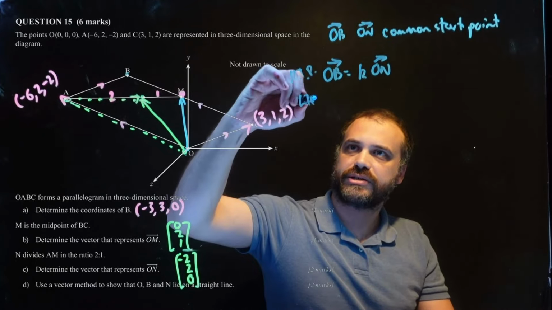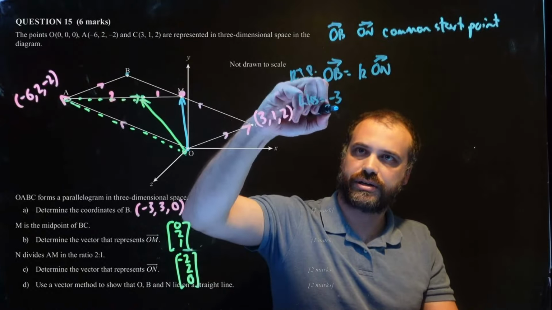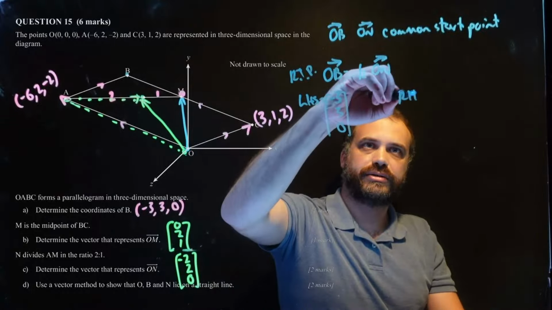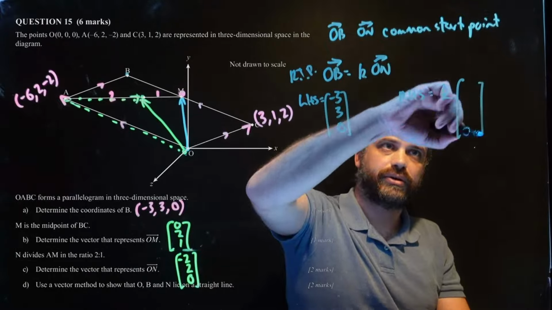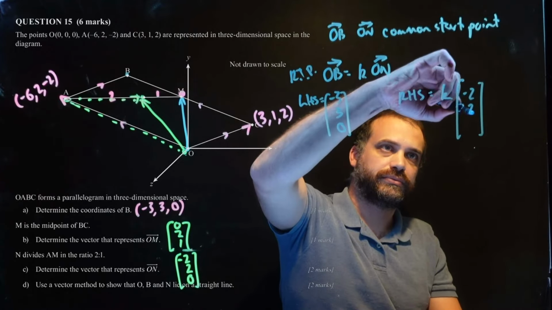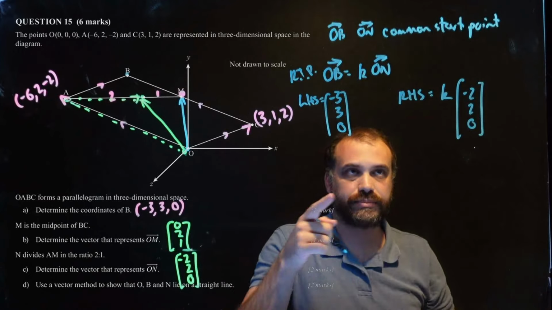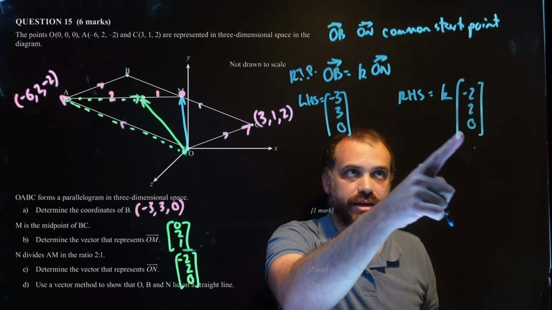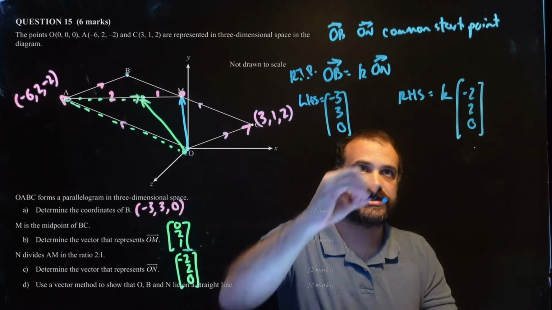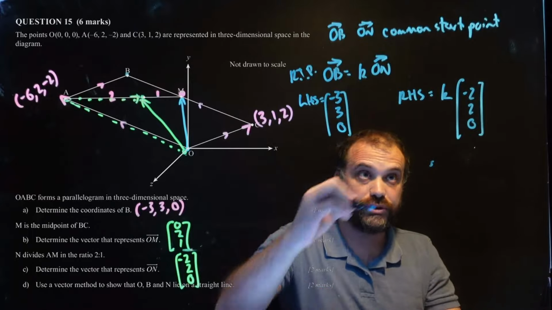So let's set up a left-hand side for our OB. It's negative 3, 3, 0. All right, let's set up a right-hand side, k ON. And we've already shown that ON is negative 2, 2, 0. Now, is there some k value that I can put in here that would scale this up to be this? Yes, there is. If I scale this up by 3 over 2,